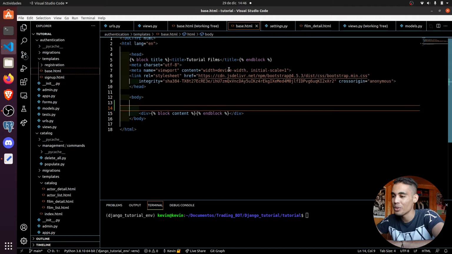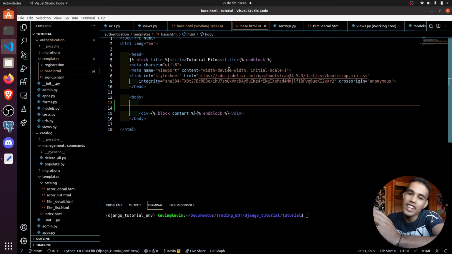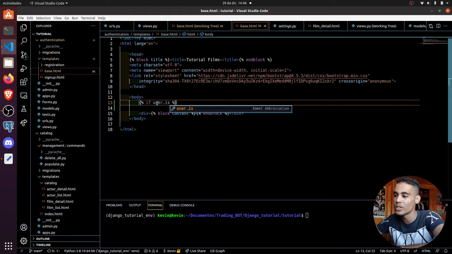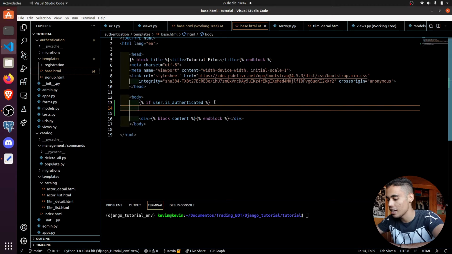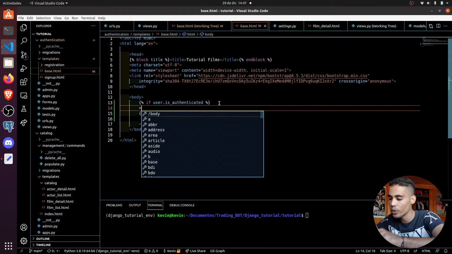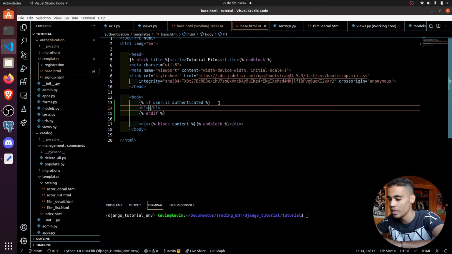What we have to do is that in the HTML, in any HTML that you want, for example, let's create a block of code and here we are going to put an if. Now we are going to access the user variable and here we are going to say is authenticated. If the user is authenticated, let's first end the if block. Here we are going to put a title saying hello, and now we are going to put here strong, and finally here the